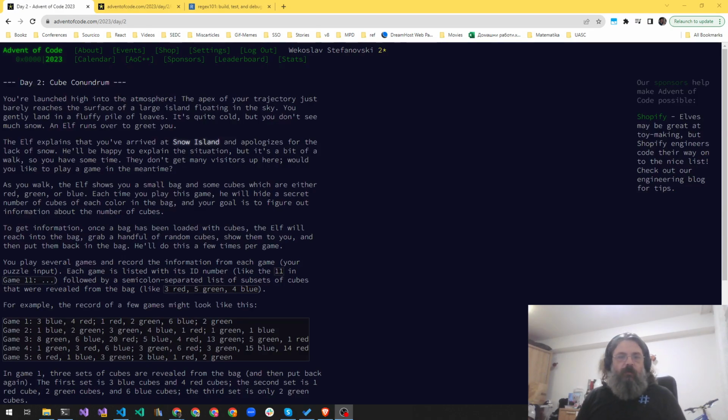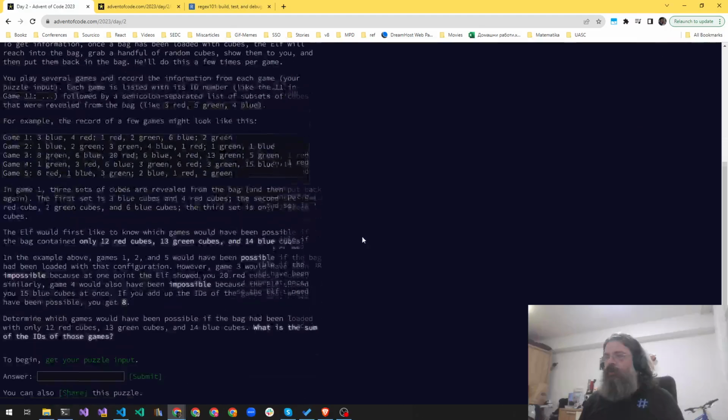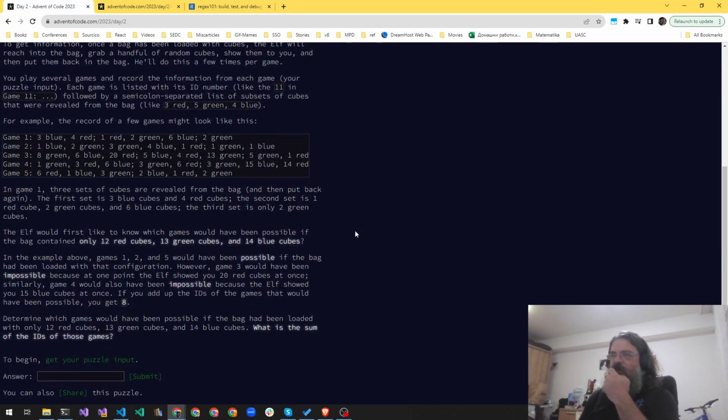Today is day 2 of the 2023 Advent of Code and we have ourselves a cube conundrum. To be honest, this task, at least the first part, looks very easy. We're just shown some cubes, but in this part of the task it is not important that they're cubes. We can just call them some kind of colored balls. And we have an elf that is showing us some balls, and then we need to say whether that is